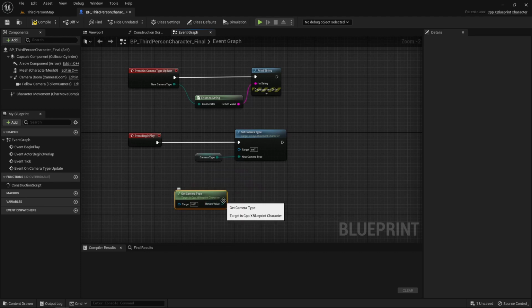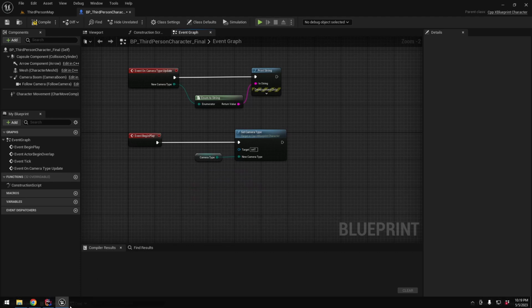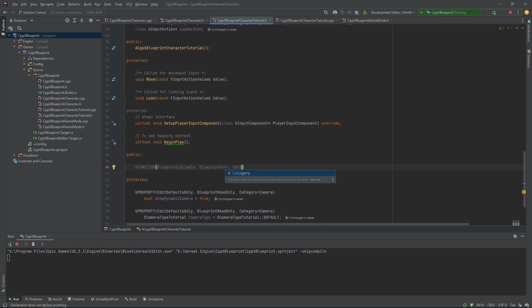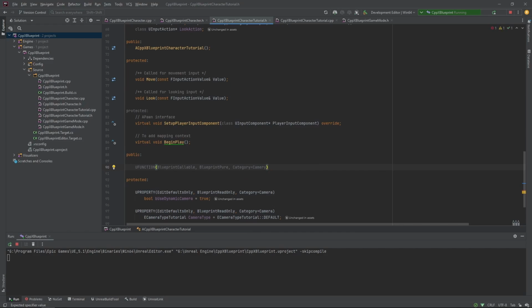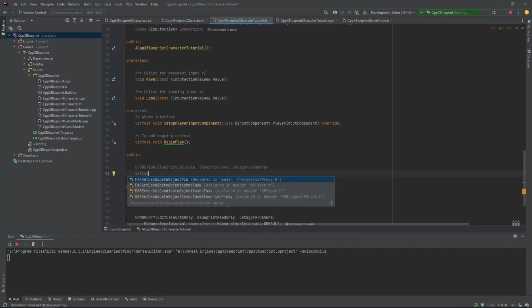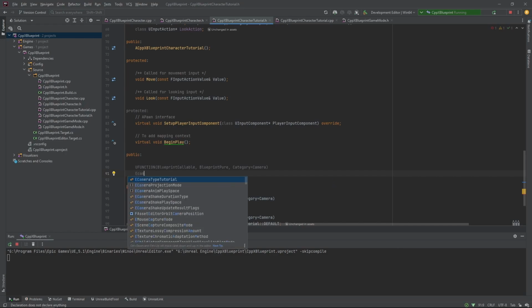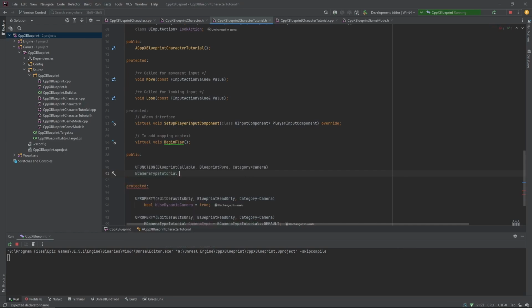So that's what the Blueprint pure property does. So now we can add the last one, which is the category, and it's going to be the same as the property camera. I can't spell it. We're going to return a camera type tutorial, get camera type,